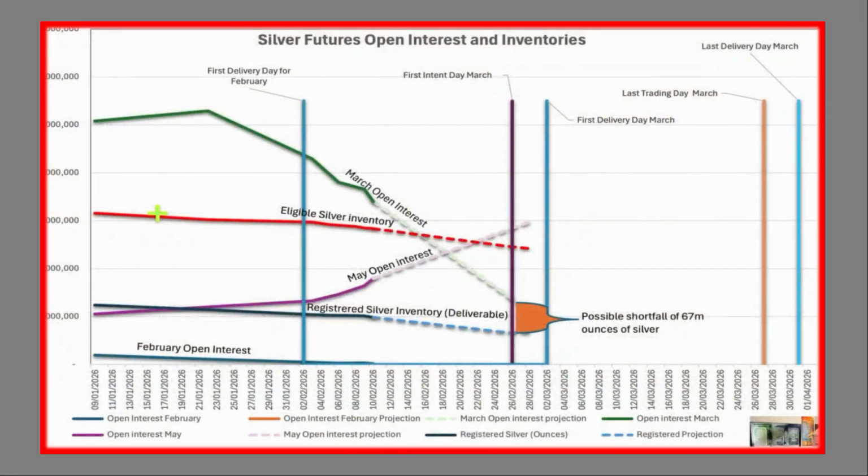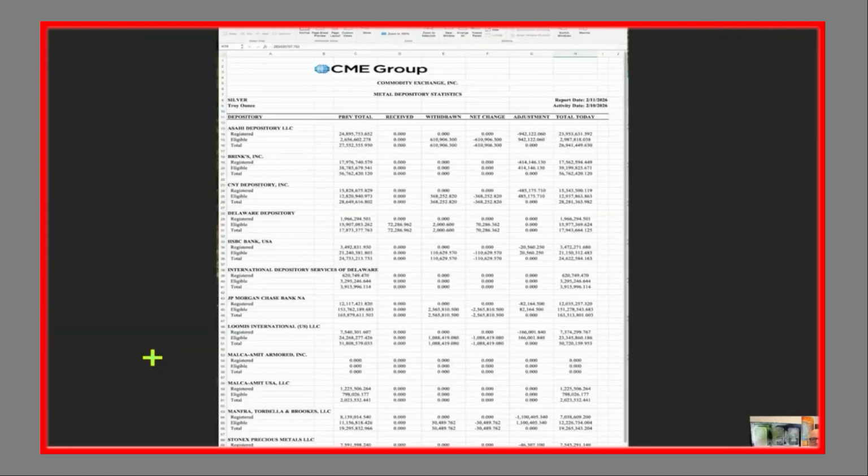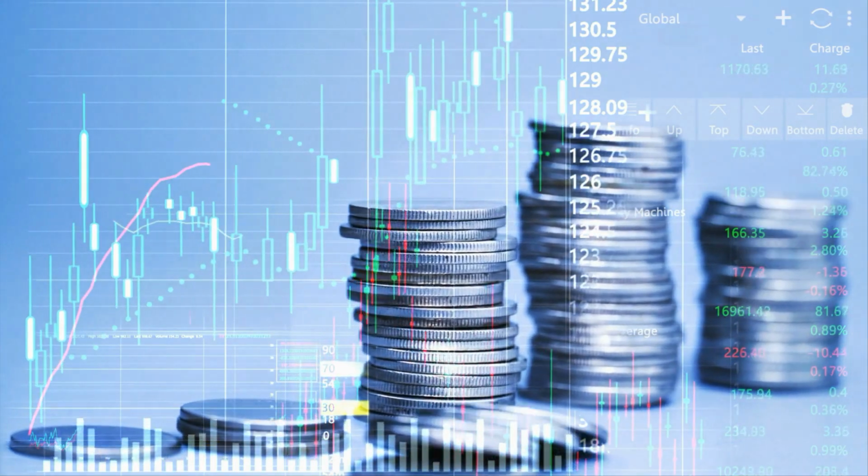So the first one we're going to look at is right down at the bottom. It's called the February open interest. Now, February is a minor month. It's not a big month, nor is January normally, although it was, but normally it's not. February is a minor month, and the number of open interest, this blue line right at the bottom, you can see there's almost no open interest in February because it's a minor month, and that's going down towards nothing at the moment. So we're almost there at nothing.